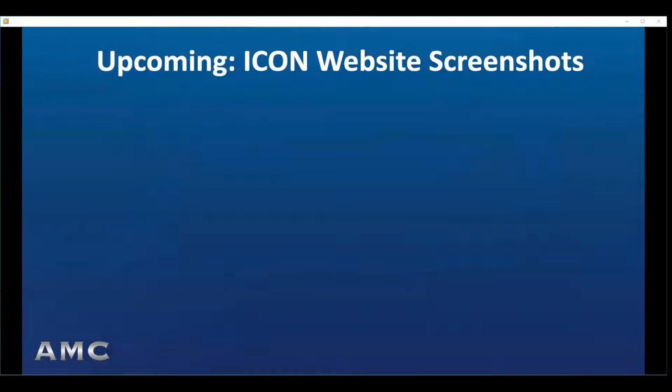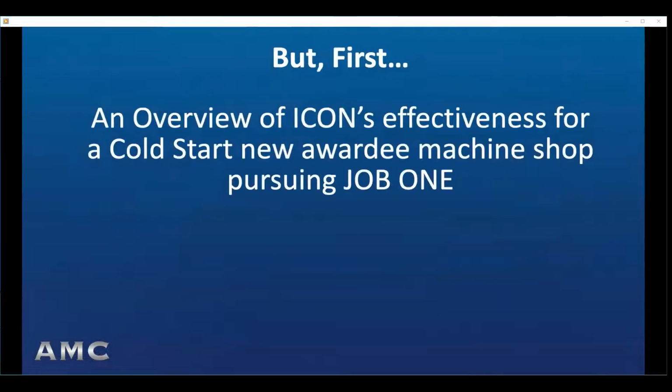Known as ICON, Integrated Casting Order Network, the website enables a machine shop cold start awardee to immediately gather much of the Job One priority information for a quicker, better planned start. Upcoming are a couple of screenshots from ICON illustrating the casting-specific detail that can be gleaned by a cold start machine shop new awardee. But first, here's an overview of how ICON can be effectively used by such an awardee